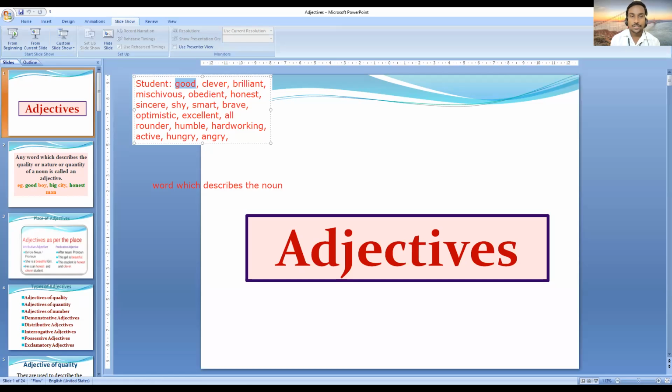So we can try to find out more and more adjectives, and those adjectives can be useful to talk, to write, or to use simply. If you want to use English in your communication, oral or written, adjectives will help you communicate in a better way. Therefore in this session we are going to learn lots of adjectives. If you want to take it down, fine, or not necessary, because I know you can find out a number of such adjectives. If not required, you can skip it. We will go to the next slide.